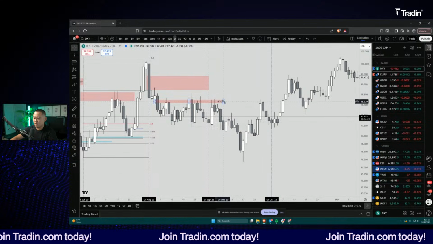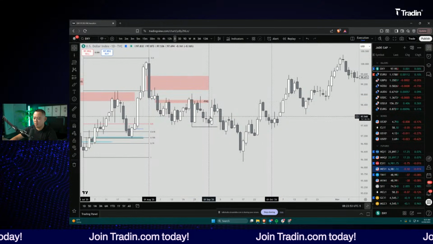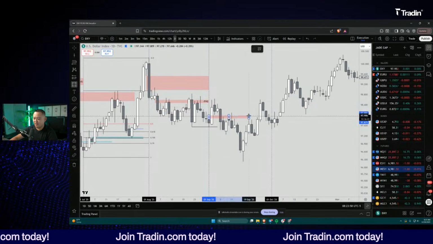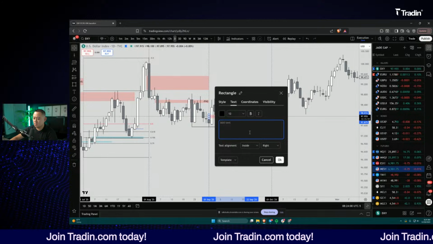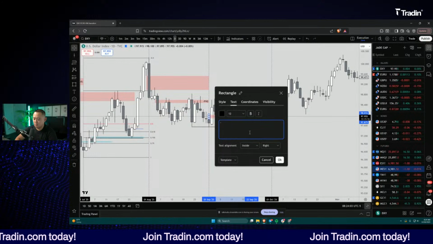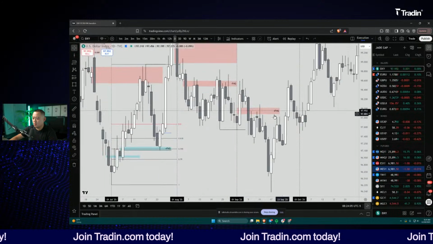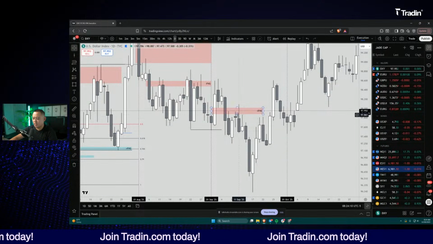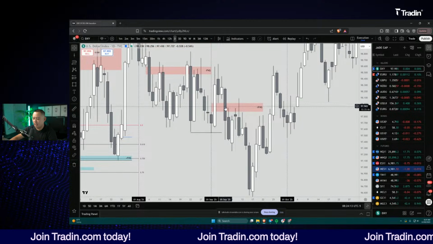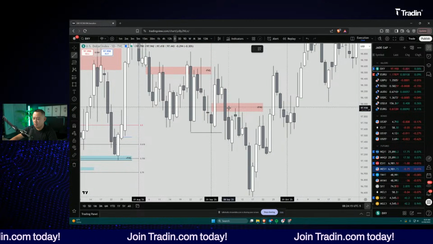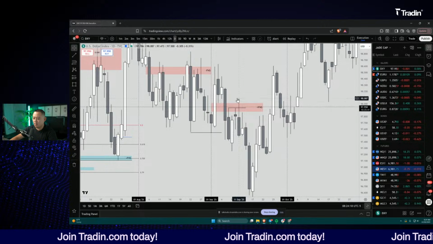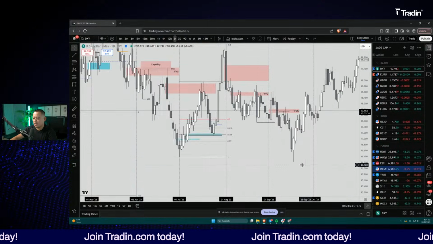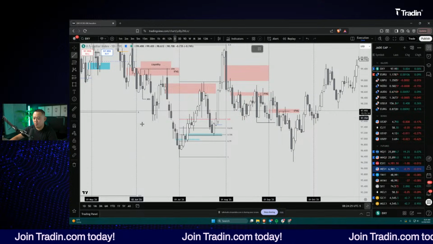All right, what do we do in September? Mark out all these PD arrays in here. So we have this run here into this bearish fair value gap. Then we get an inverted fair value gap here. So we break below that level. This market trades lower. It takes out some lows. Then it retraces higher into the inverted fair value gap again, taking out some intraday liquidity. And then rolls over again. Right? So rolls over again, trades down to a discount, taking out what? A previous monthly low.